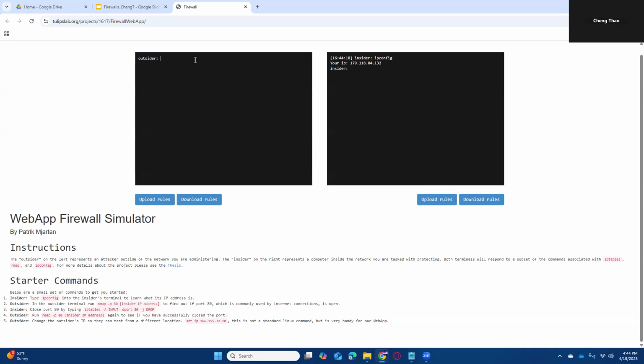By typing ipconfig in both of them, I can show you the IP addresses set for these two. The right side is the insider, which is, say, the host server, and the outsider is anybody outside that's trying to connect, or trying to get information from the insider. Now, by typing nmap,